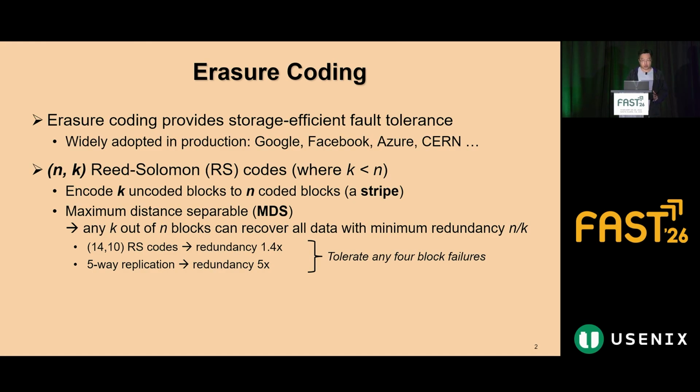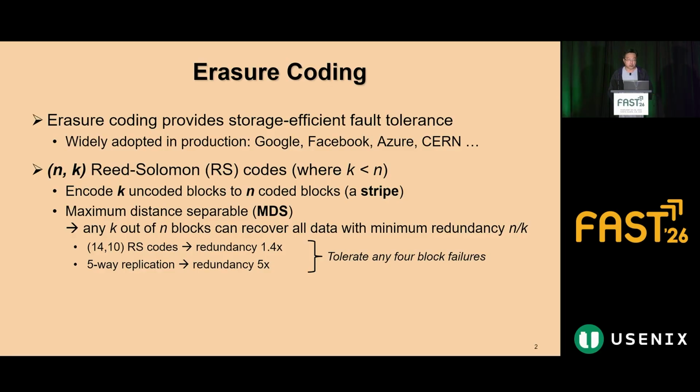If you look at the number of block failures that you can tolerate, let's say we take the (14,10) Reed-Solomon code. This is the parameter used by Facebook data centers. You can have redundancy of only 1.4 times. While if you use replication, you need to make 5 copies to tolerate any 4 failures, so that will be